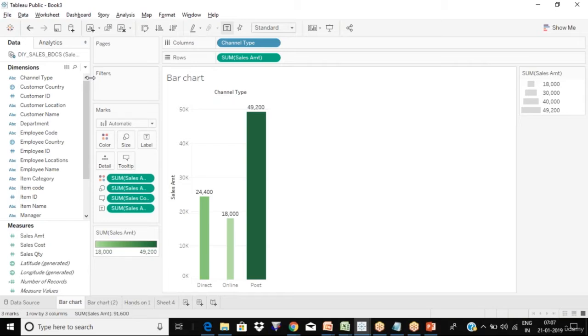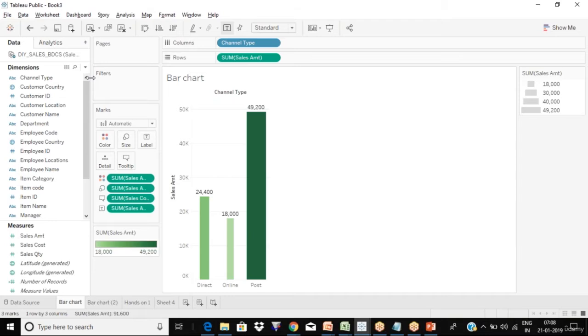So anyone else, anyone had any other thing? Right, so now whenever you get a requirement in companies, say a project where you get the input data in Excel, now you know how to work on that Excel data in Tableau.